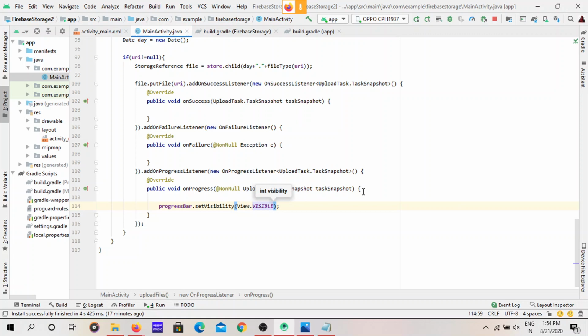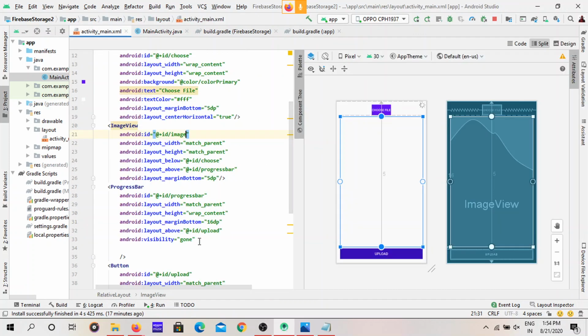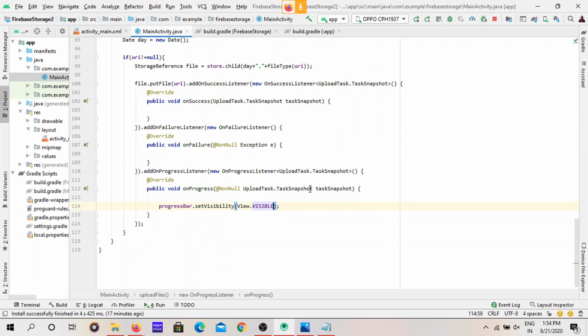Here the progress bar should be visible. In the XML file we are just saying that visibility should be gone, it should not be visible in the XML file every time. We just want to make the progress bar visible when the image is uploading. When the image is still uploading, we are going to use this progress bar. Then only we are showing the user that when the progress bar is rotating, the user can know that the image is still uploading. This is the message we are going to give here.